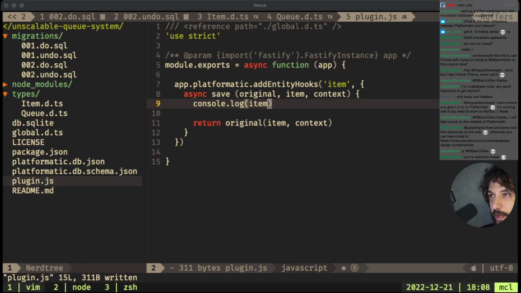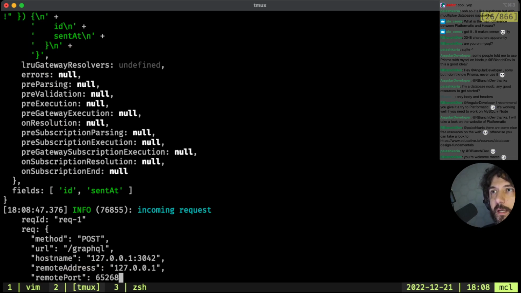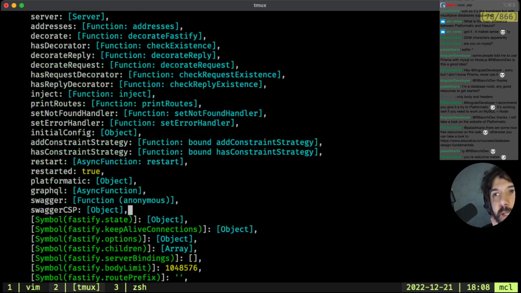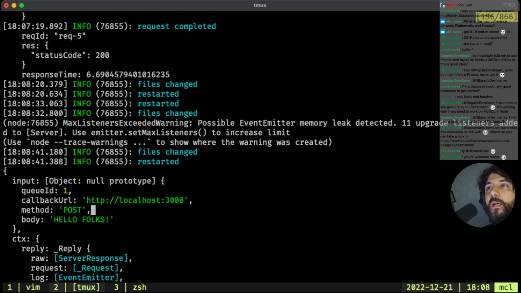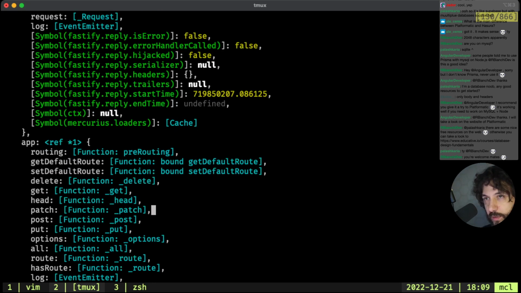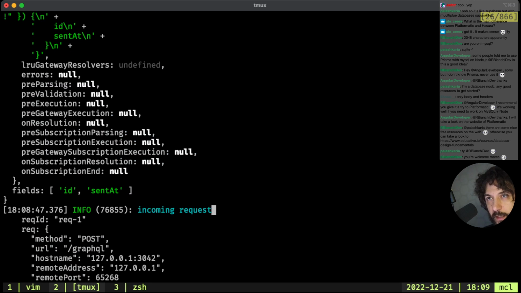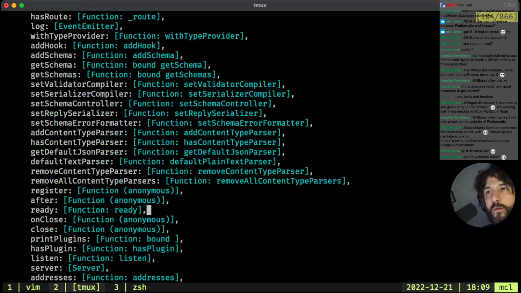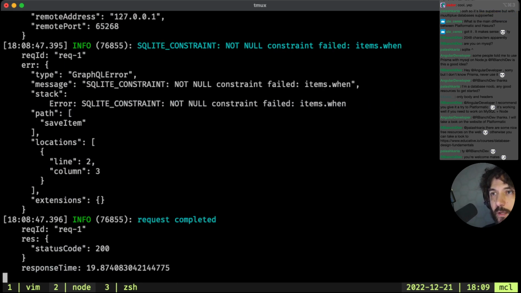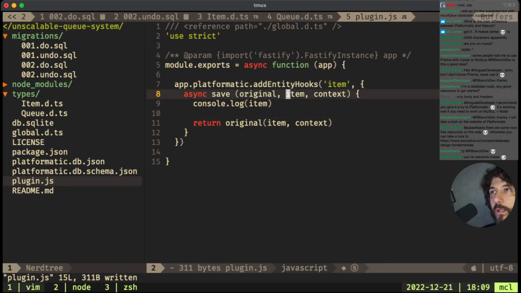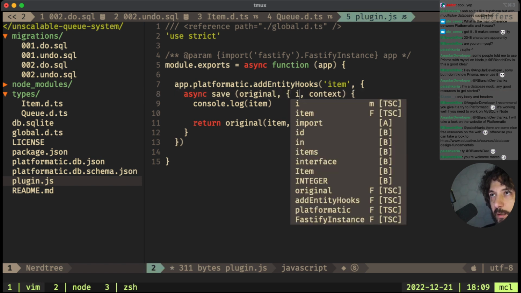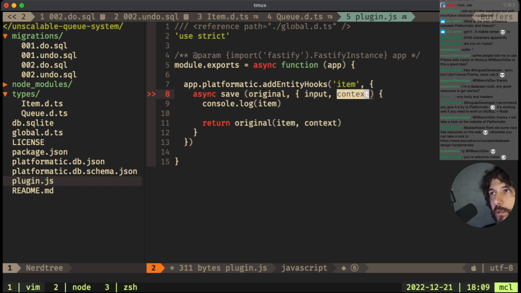Okay, this failed. We have done nothing. Let's go into Chew. Okay, lot of stuff. Ah, yeah, this is wrong. This is input, CTX and fields. So I implemented the hook wrongly. In here it's input, CTX.